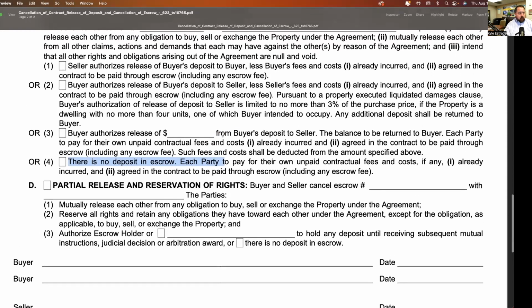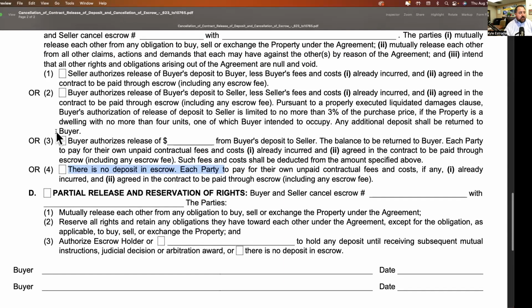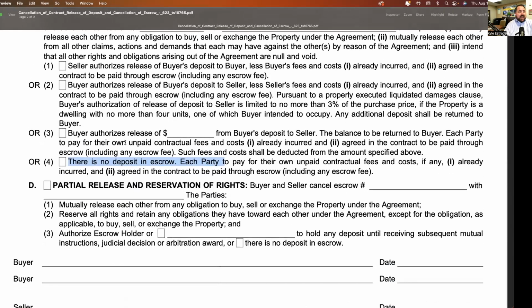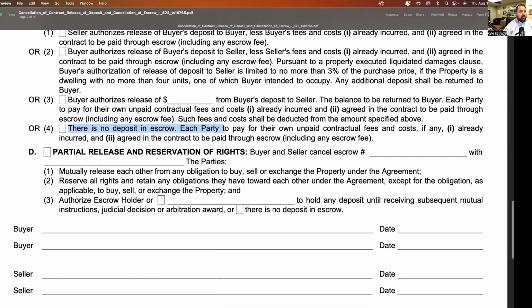Now, with this section up here, C, when we're talking about the release of the deposit, any of those that we agree to, it means the escrow is canceled. It means that the buyer can move on, the seller can go sell it to somebody else, they can do whatever they want. Now, if we go down to D,